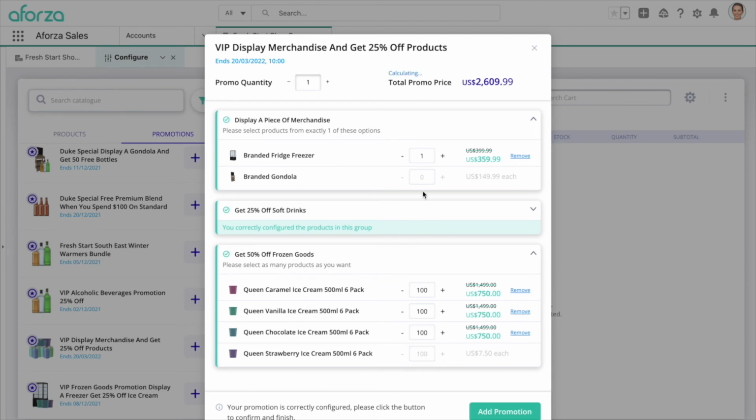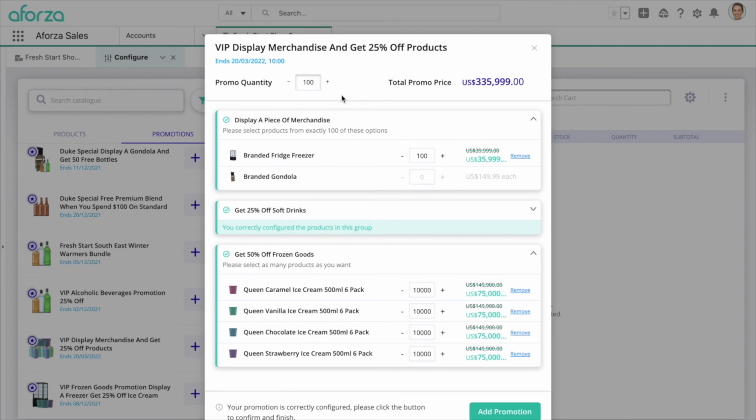And once I've configured this promotion correctly, I've got a good volume here and I'm happy with this. I've discussed this with my customer and they're happy with it. I can simply go on and increase the quantity. So when you're dealing with a nationwide chain, you might be saying, okay, well, I need to supply this to my 100 different stores across the US. And I can simply increase the quantity to 100 and it's going to recalculate the entire thing for me